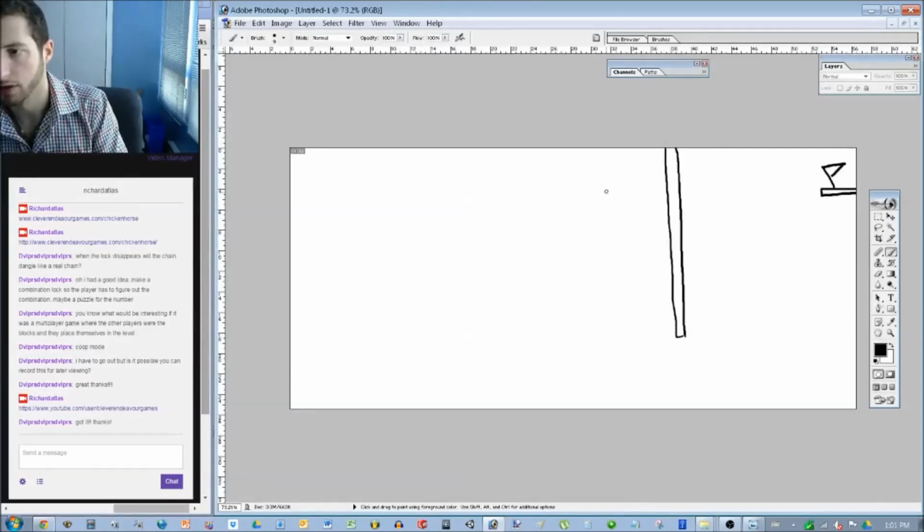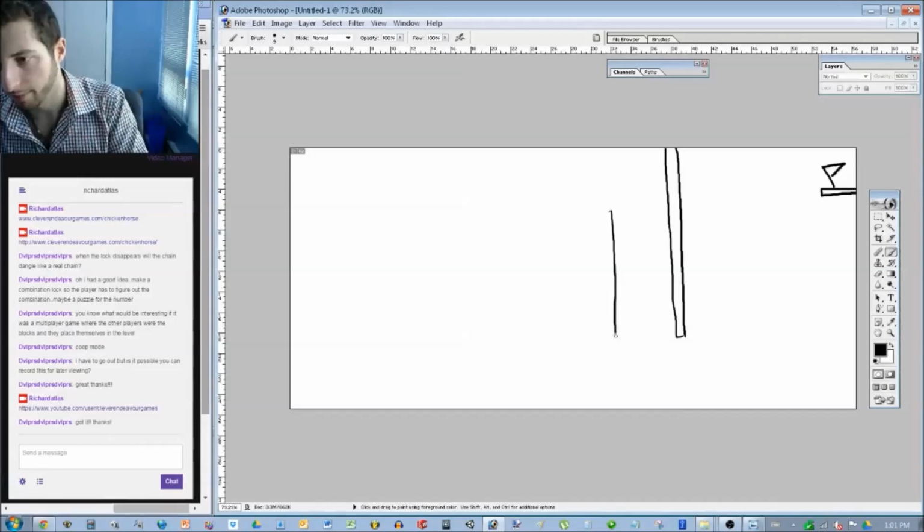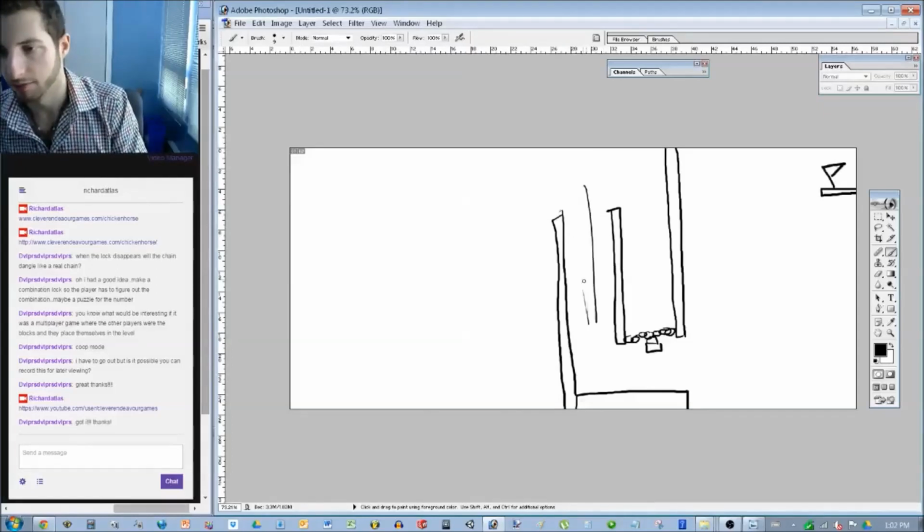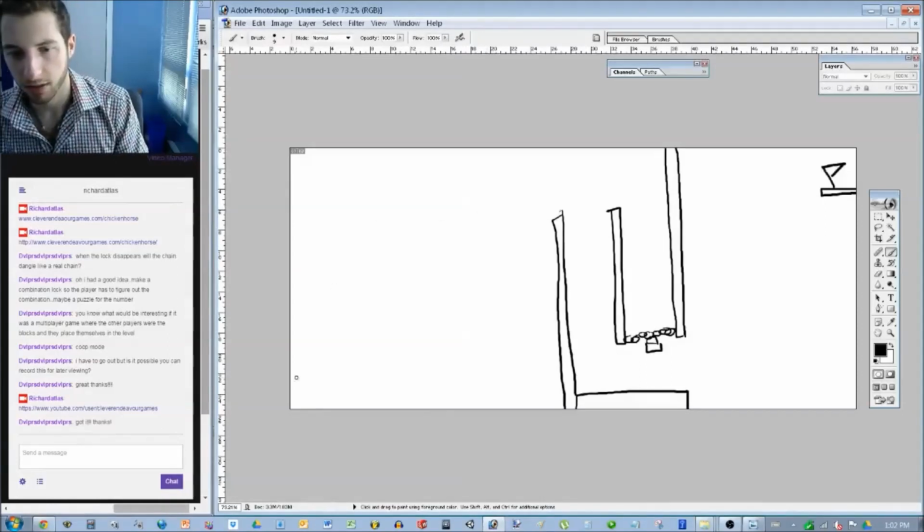So we're going to have two ways of getting up. Oops, it's not straight at all. Going to have two ways of getting up in this section. One way is going to be, I'll just draw this for the block. One way is going to be blocked, the other way is not going to be blocked. But this way is going to be more difficult. And then to get to the end,